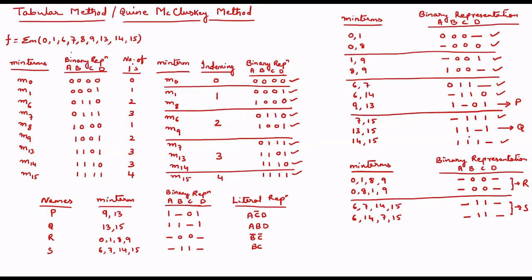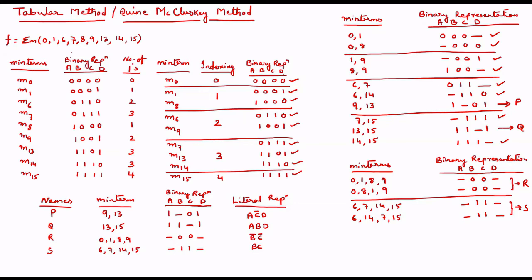9 13, if I come, there is no further dash. So this cannot be compared. So this is left empty. There is no tick mark, because when I am comparing it, I am not getting any alternate items. I am putting tick marks elsewhere. So this is empty. I hope you understood. When I am comparing 6 7 with 14 15, I am putting a tick mark over here. Similarly, when I am comparing 6 14, this dash mark with this one, I am putting a tick mark over here. Now I am going to 9 13. 9 13 is not comparable with anybody. Now this is the last group. No further group is there. So all the tick marks have been done. Left over is this one and this one. So I am giving a name.